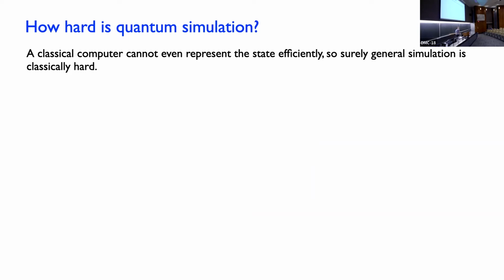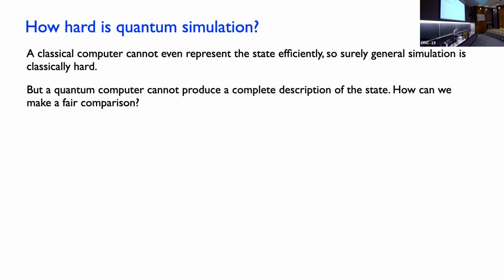But to make this statement more precise, we have to be a little bit careful, because the way that I formulated the problem has a quantum input. So we can't imagine giving that quantum state to the classical computer. It has an exponentially large description in general. So how can we make a fair comparison between classical and quantum attempts to simulate quantum dynamics? Well,